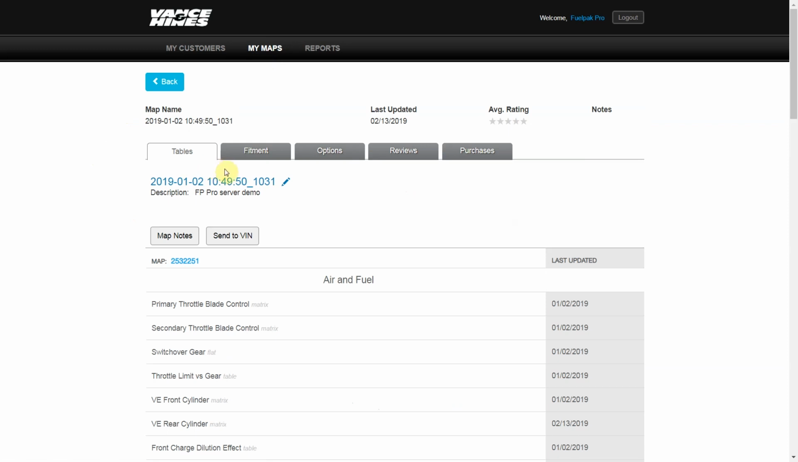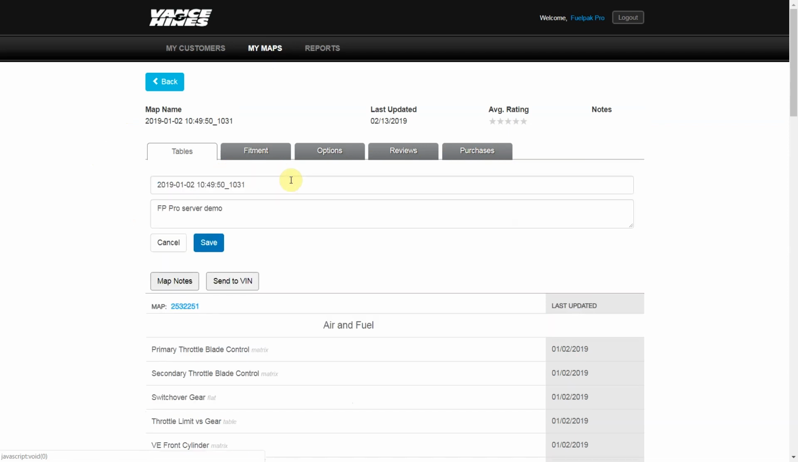As you can see here, there's quite a few tabs. So I've got tables, fitment, options, reviews, and purchases. Good old Freudian slip. So if I click the little pencil, it will allow me to edit how this is